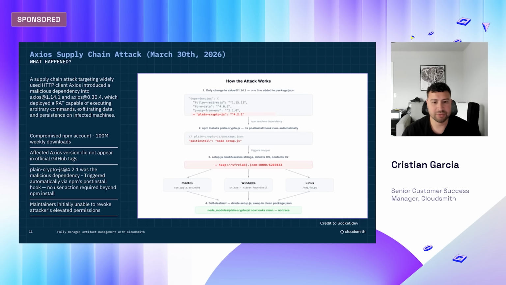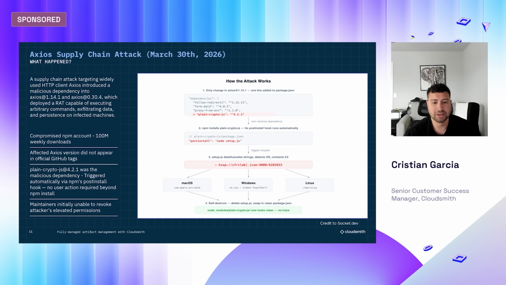The most recent attack was Axios, late March 2026. Attackers compromised Axios, so one of the more widely used JavaScript libraries in existence, with around 100 million NPM downloads a week. Think about that scale. They hijacked the maintainer account through a long-lived publish token, pushed malicious versions across major release branches within about 40 minutes. This attack injected a fake dependency called plain-crypto-js, published to NPM just minutes later,